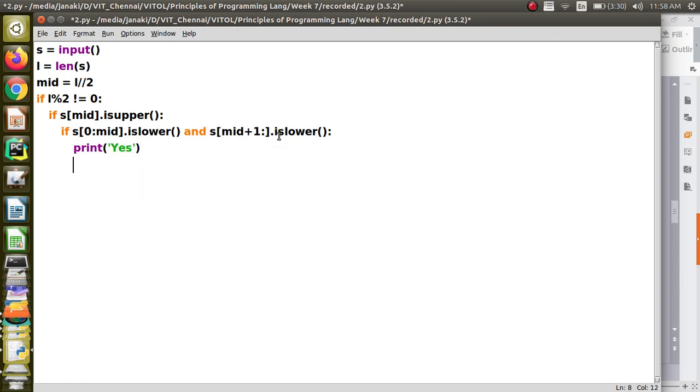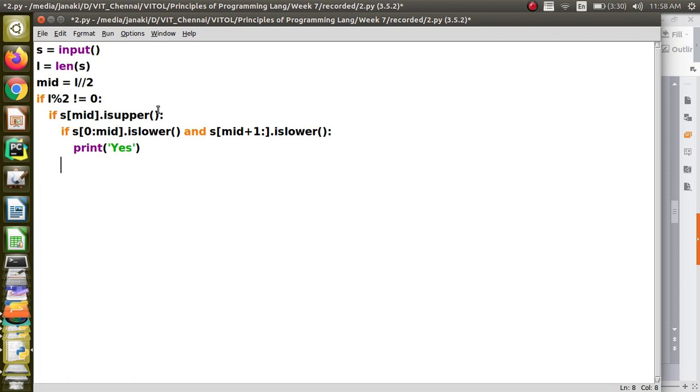It is a camel case, because look at the code carefully. You can see that mid character, this is an odd length string, so you have to check only one character at the index mid, right? And you find that the mid character is a capital letter. Fine, very good, one condition satisfied for camel case.